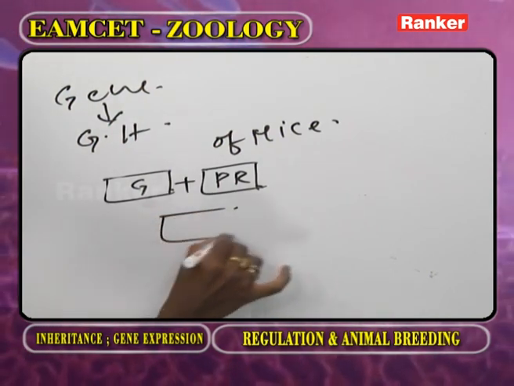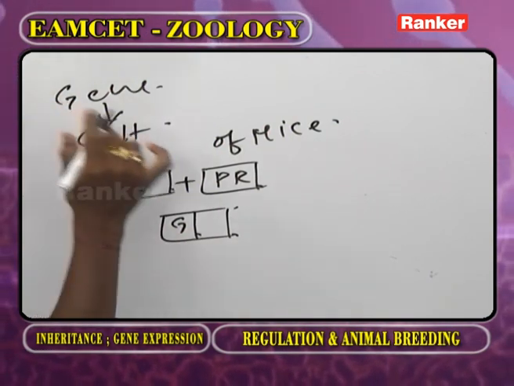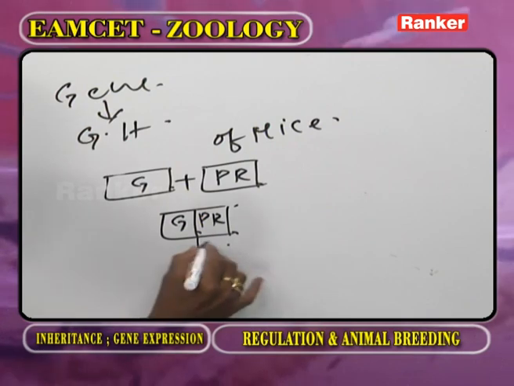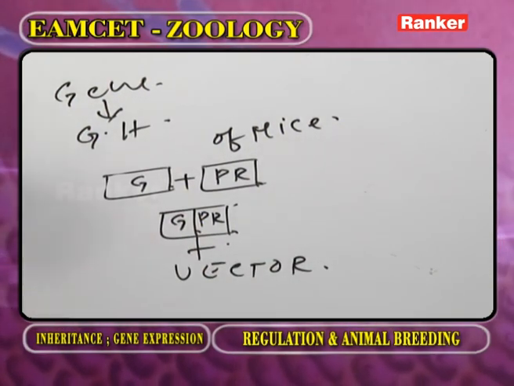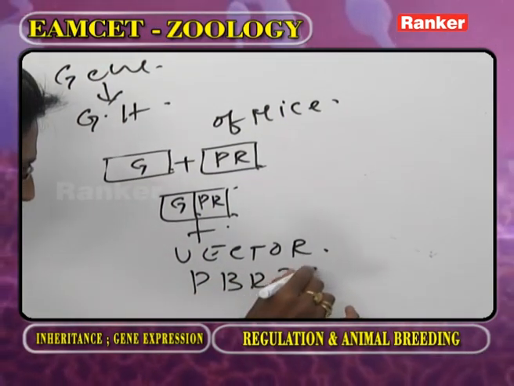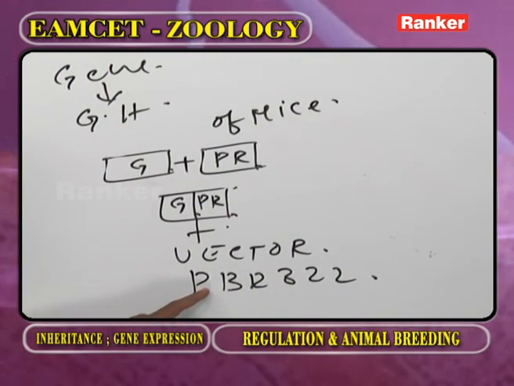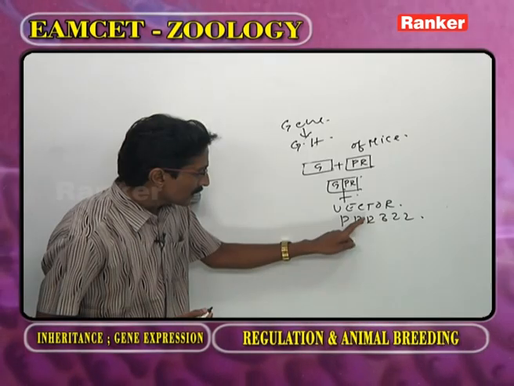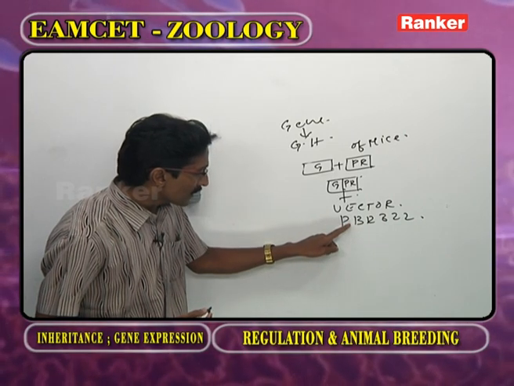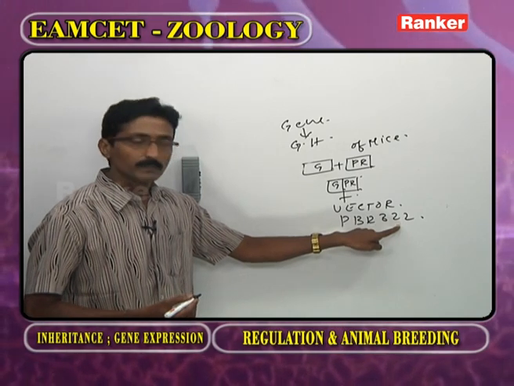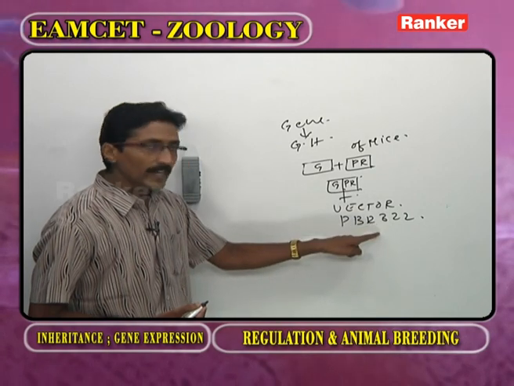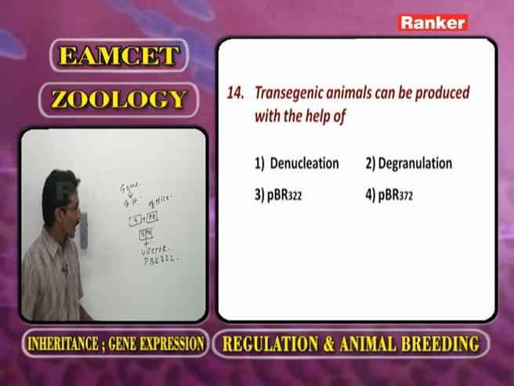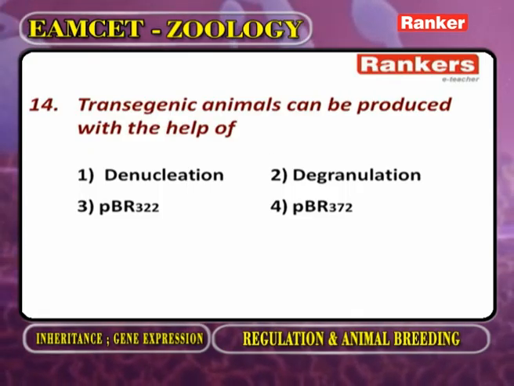Now, as we observe, this is the gene responsible for the growth hormone. This is the promoter region derived from the mice. Now, it is attached to a vector. Vector means carrier. Here, what is the popular vector? pBR322. Here, pBR means plasmid, Bolivar, Rodriguez. Bolivar is one scientist's name, Rodriguez is another scientist's name. These two persons popularized plasmid as a vector. Its number is 322. Generally, the plasmid 322 vector is used for the experiments. Now here, transgenic animals can be produced with the help of what type of gene? pBR322, not 372. 322. Now the answer is